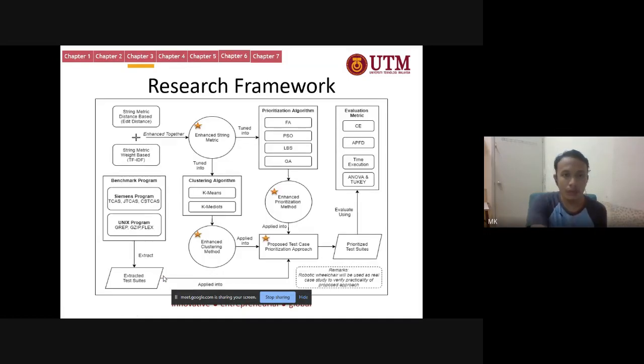Okay, research framework, what has been done: we combine string metric distance, for example edit distance plus TF-IDF, enhanced together, and we get the enhanced string metric. And then from this enhanced string metric, we tune it into these two algorithms, one is clustering and the next one is prioritization, and then we get the enhanced clustering method and the enhanced prioritization method, and then these two we combine and integrate into the proposed test